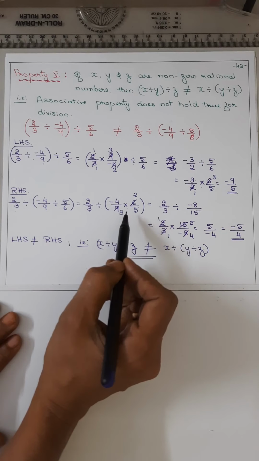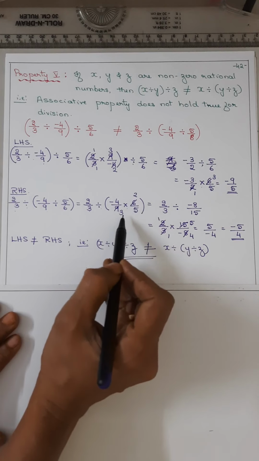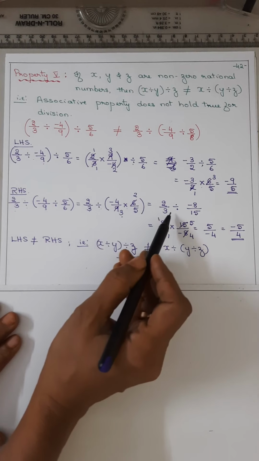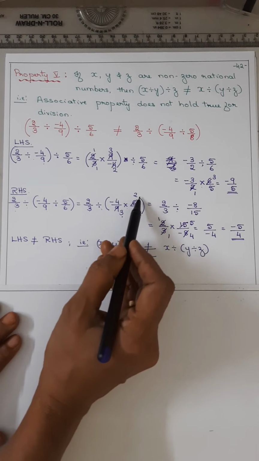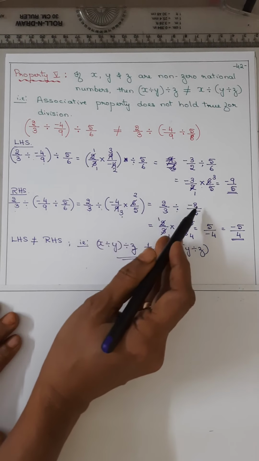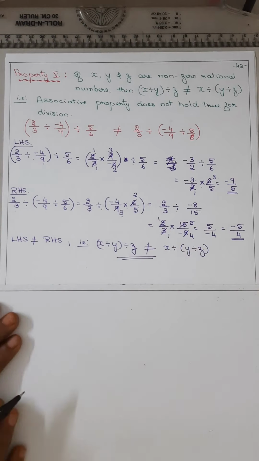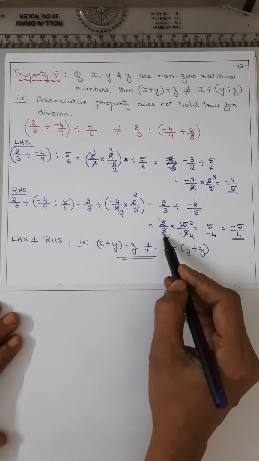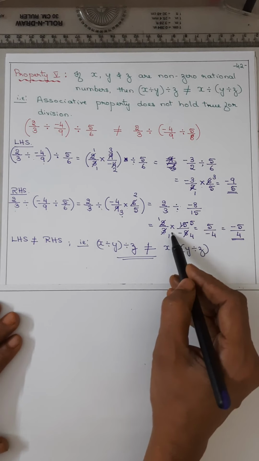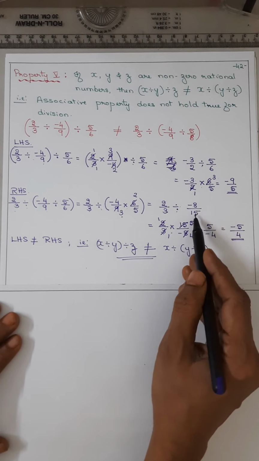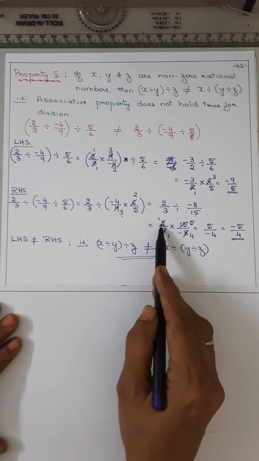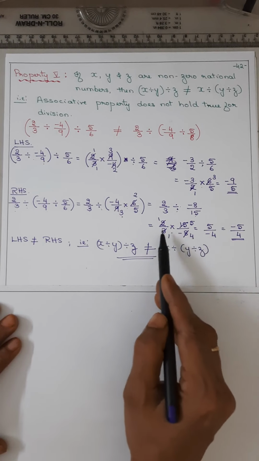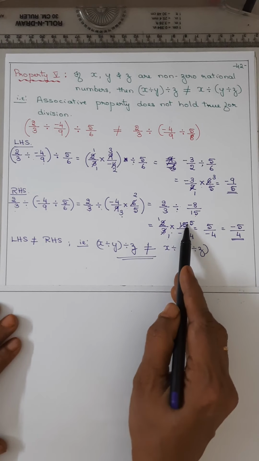अभी कैंसिलेशन कैसे आएगा? 3 2s are 6, 3 3s are 9. सो फर्स्ट नंबर एज इट इज लिखेंगे, डिवीजन साइन डालेंगे. अभी माइनस प्लस माइनस, 4 2s are 8, 3 5s are 15. Now divide. 2 by 3, division sign becomes multiplication sign. 8 minus 8 by 15, 15 by minus 8. 2 1s are 2, 2 4s are 8, 3 1s are 3, 3 5s are 15.